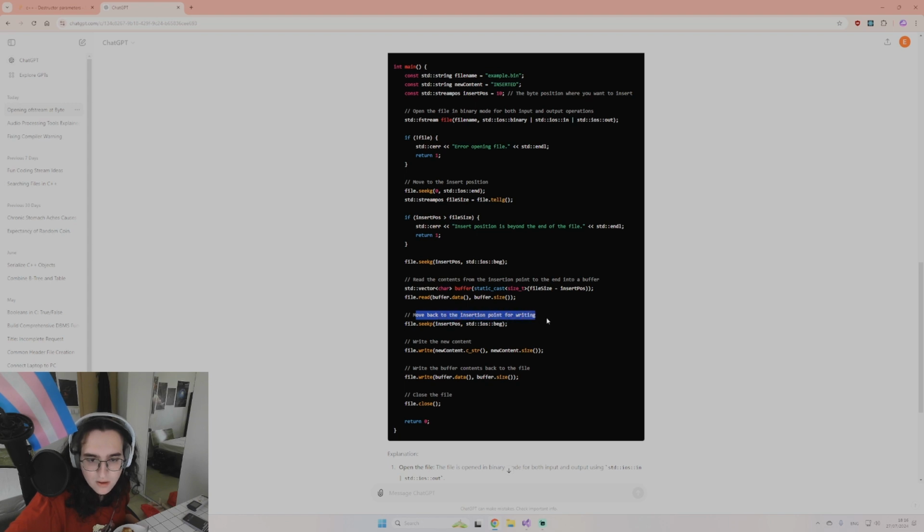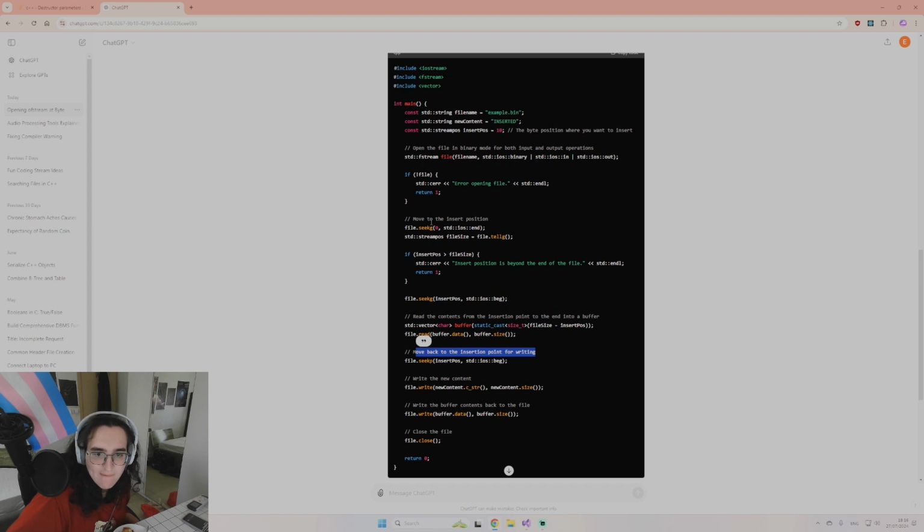Okay. Move back to the insertion point. Insert, write the new content. Write the buffer content back to the file. Right. So